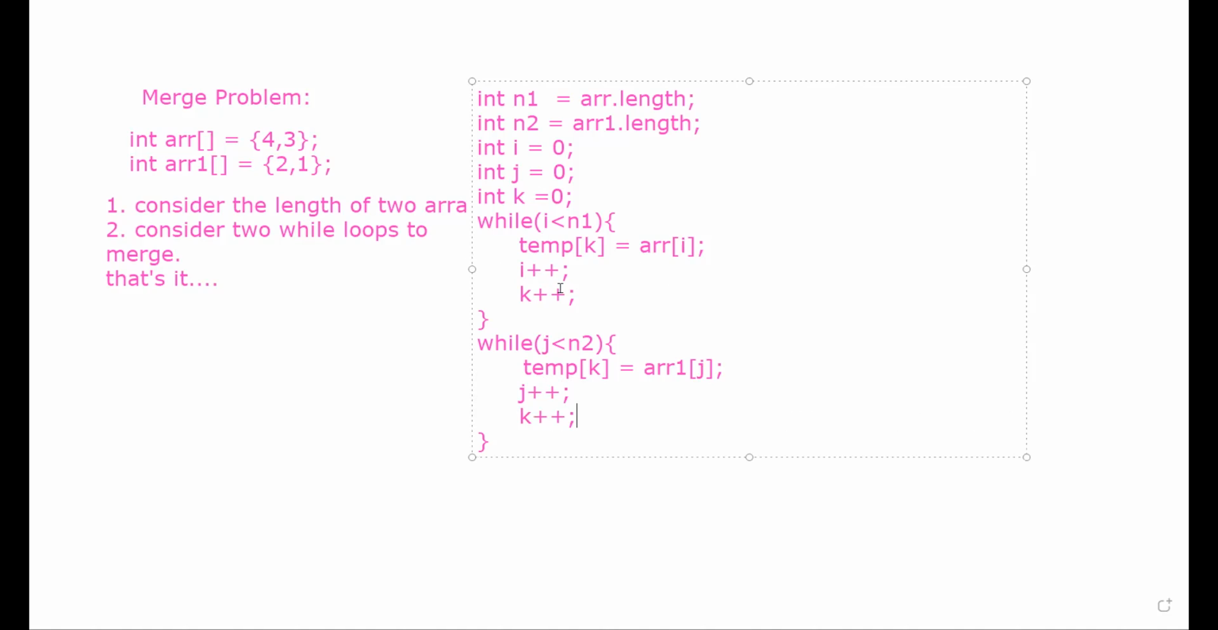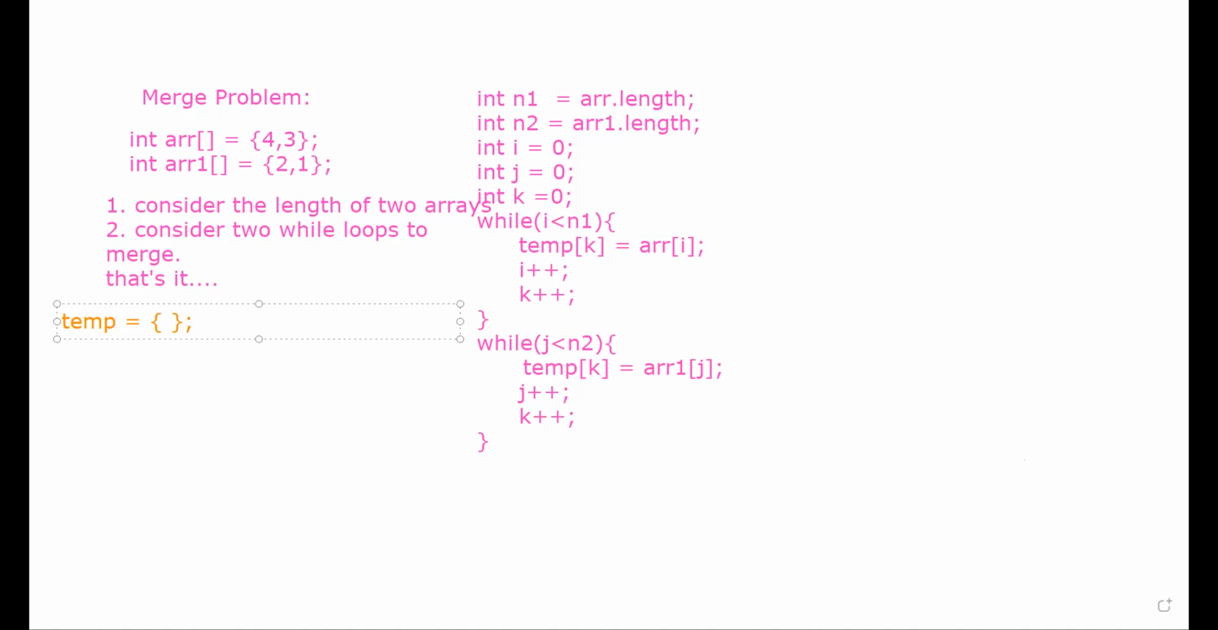Now we'll consider why we are incrementing i plus plus and k plus plus. Initially, while 0 less than 2, yes, true. Now temp of 0 is equal to array of 0, right? So in temp of k, let me consider it here separately. If you observe carefully, here we have temp equal to,